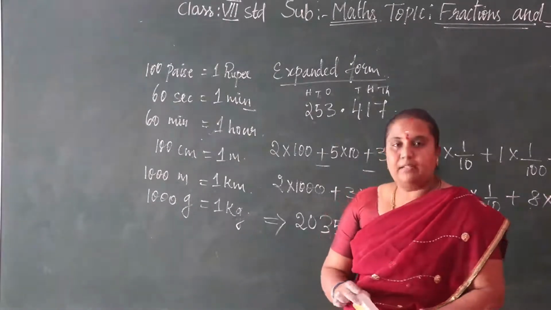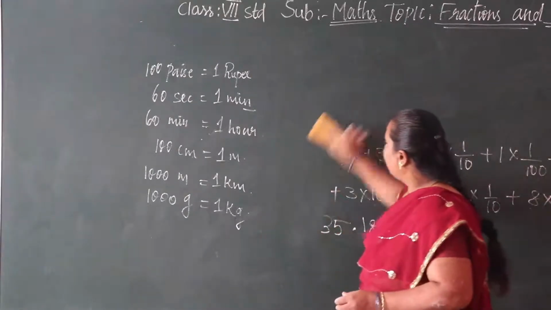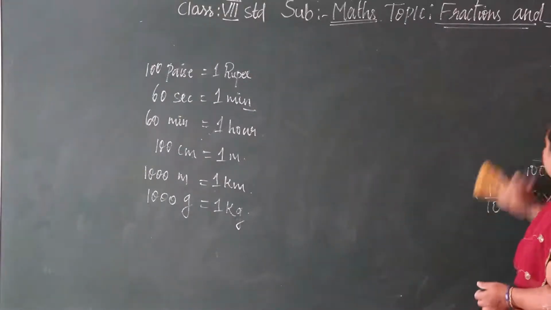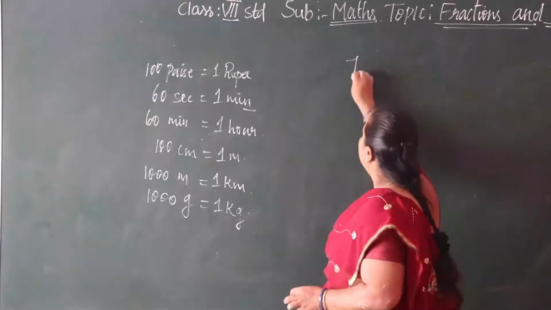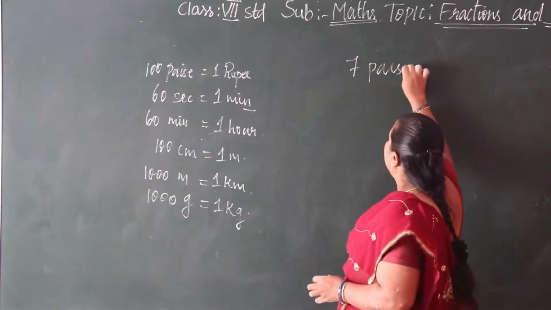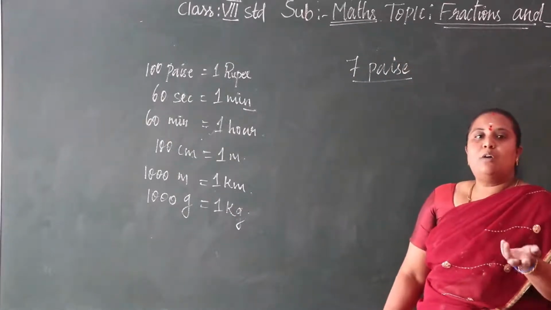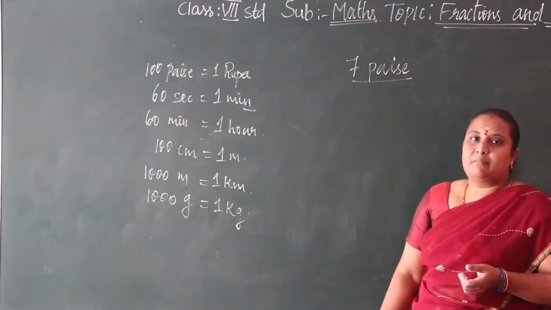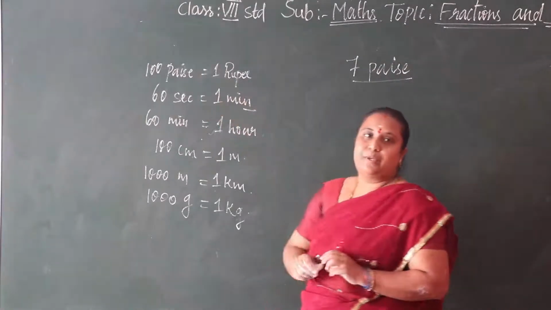Let us solve one. Okay, for you, it is given in rupees, and you have to write it in decimal form. See, 7 paise. 7 paise is given to you. This you can write as a decimal number. How to write 7 paise as a decimal number? So you have 100 paise equals 1 rupee.